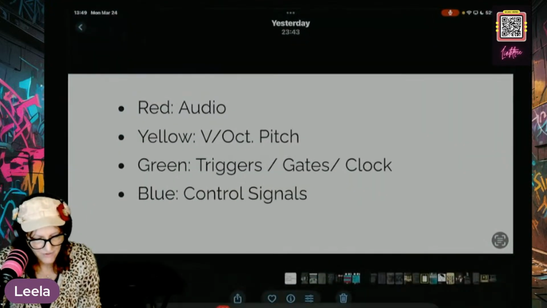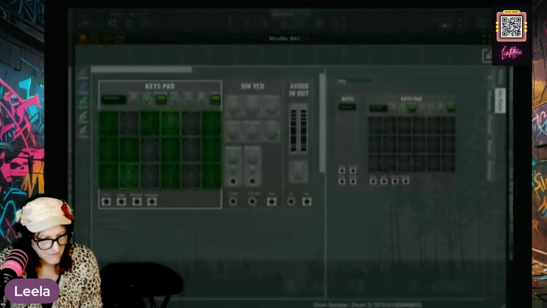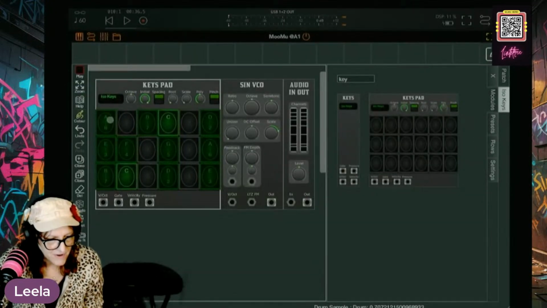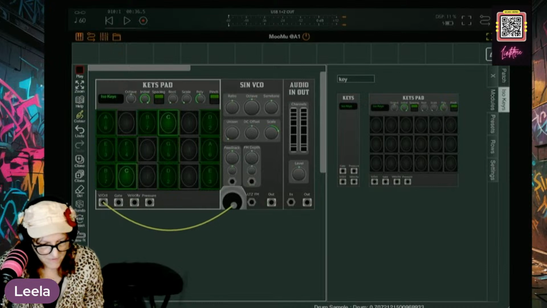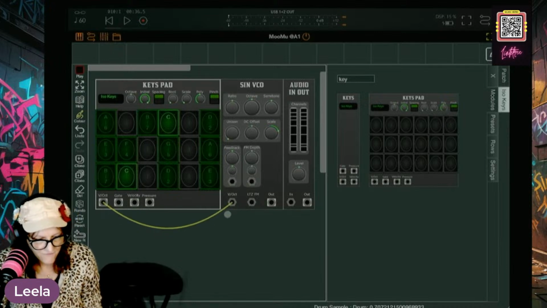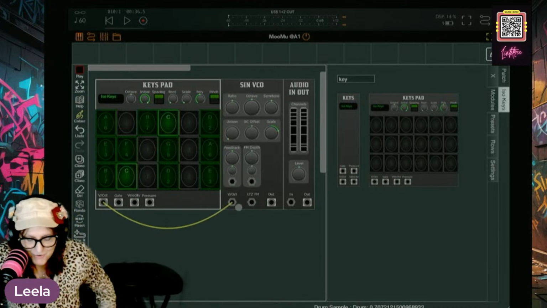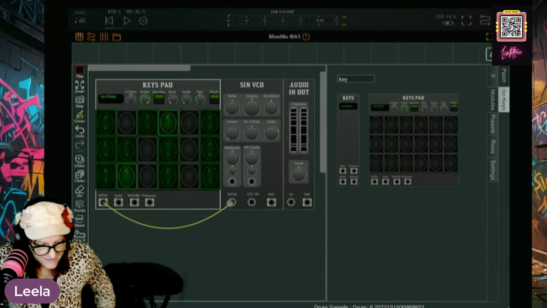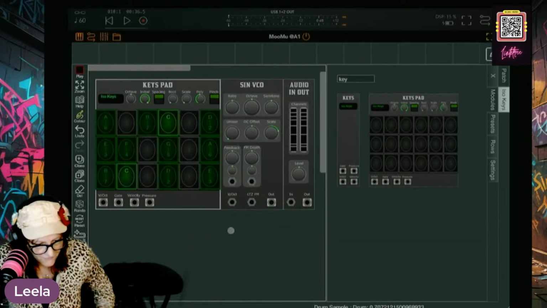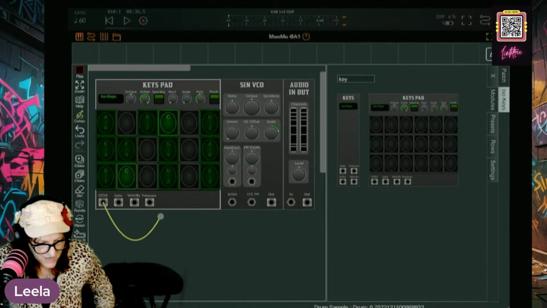V-oct pitch yellow. Let's use a yellow one, and we'll go from. There we go. If you start, you hold down, and it gives you a cable, and then you just put it and see.